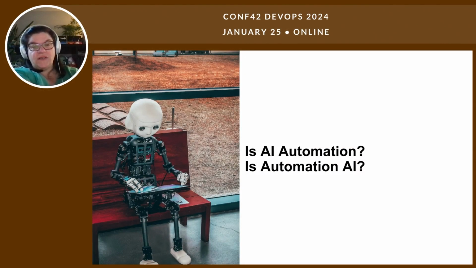First, we'll take a short side quest, because we get this question from time to time. Is AI automation, and is automation AI? Well, take a step back. We can use AI to help build automation. You may have more or less success with this, depending on the nature of your environment. If you use a lot of open source software, a lot of publicly available stuff, you'll have more luck than if you're using a bunch of COTS stuff or everything you have is homegrown.